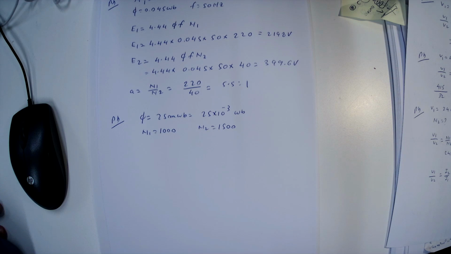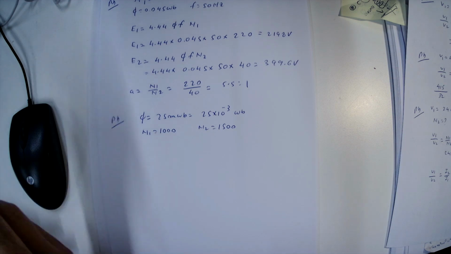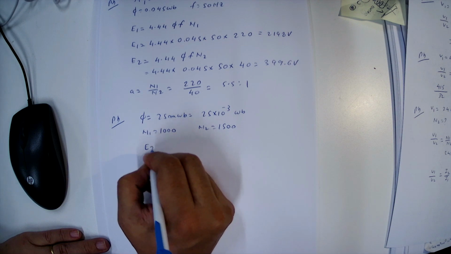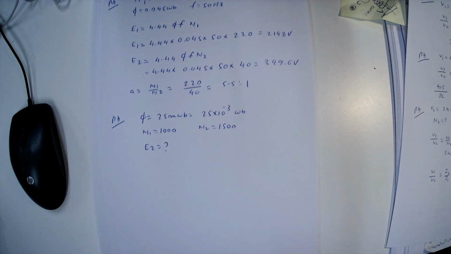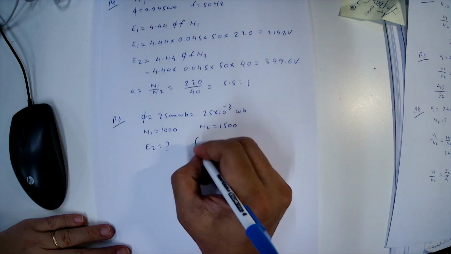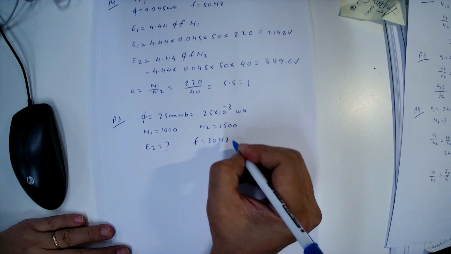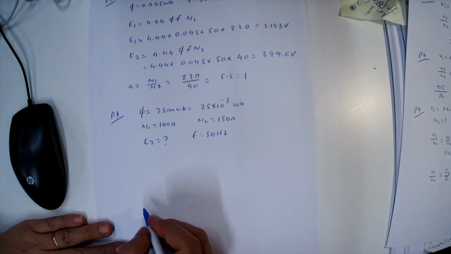We need to calculate the secondary voltage if the supply frequency is 50 Hz. So we have to calculate E2. E2 is unknown. Frequency is 50 Hz. Then we write down the equation: E2 equals